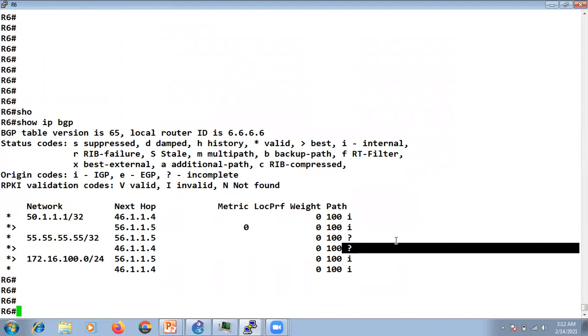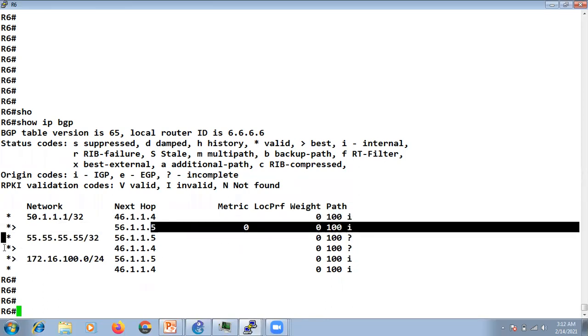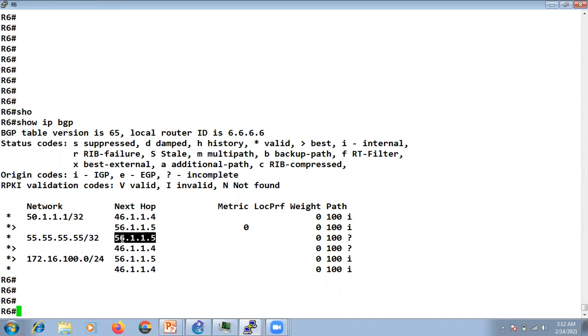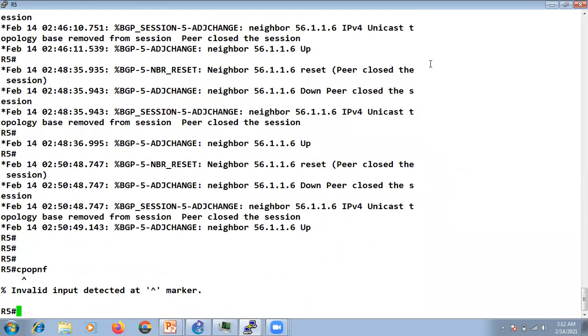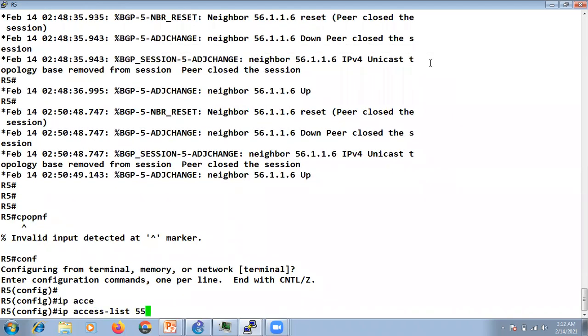Now I want to make the best via, let's say, R5. Right now it is best via R4. Okay, I will go to R5. I will create one access list. Let's say I created the access list 55.